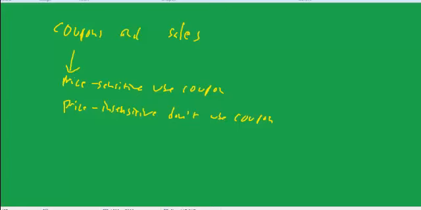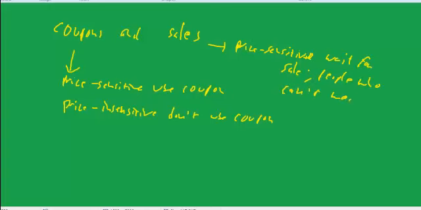And the idea of running a sale, like the Black Friday sale, is that the price-sensitive customers wait for the sale. But people who can't wait pay full price. And so again, it's a case of price discrimination.